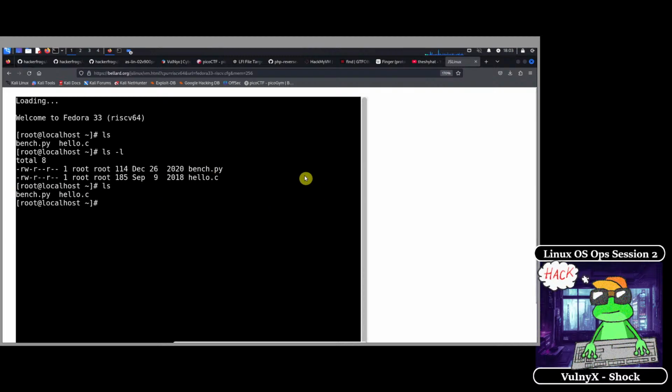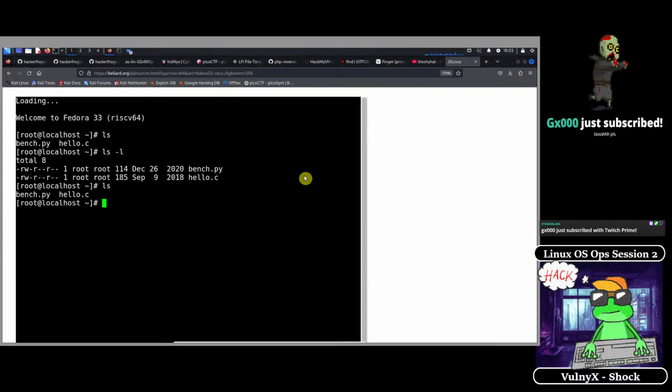So does anybody remember how to read files? There was a certain 3-letter command that you can use to read files, and if you know it, please let us know in the chat. Okay, so we see that